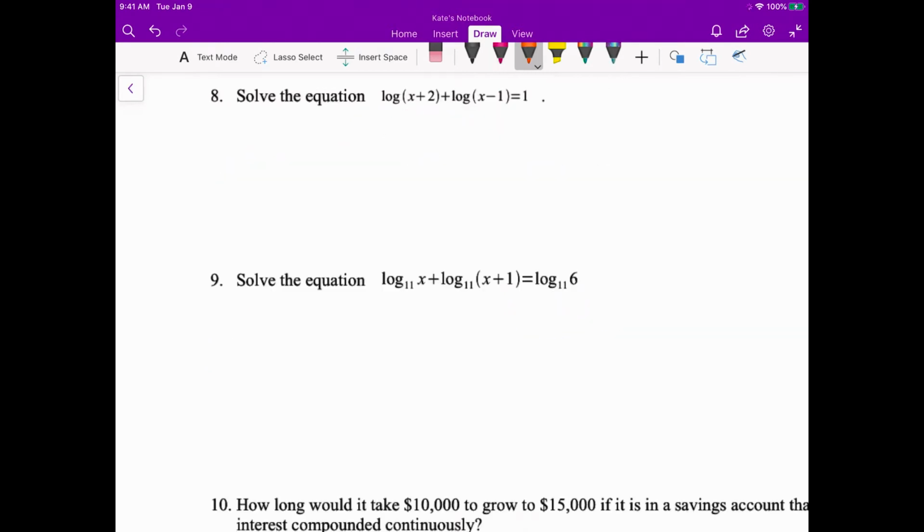Looking at number 8, I have the log of x plus 2 plus the log of x minus 1 equals 1. Now, in this particular case, I have 2 logs on one side of the equation, and we don't like that. We want to have just one log on either side of the equal sign. So I'm going to simplify or condense these logarithms into just one. Since I am adding, I'm going to multiply the x plus 2 and the x minus 1. So I end up with the log of x plus 2 times x minus 1